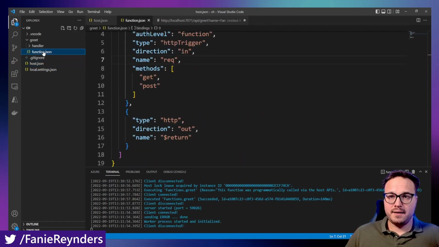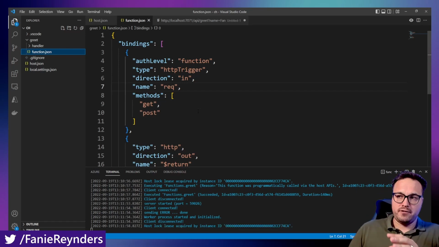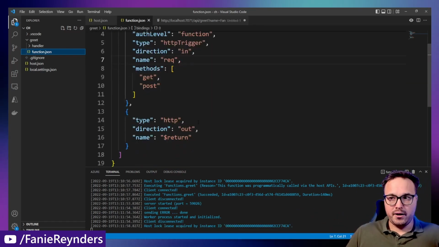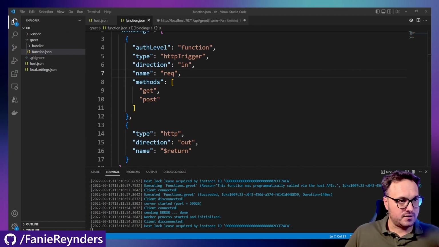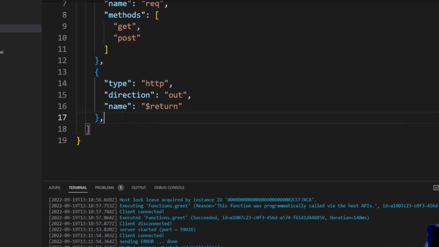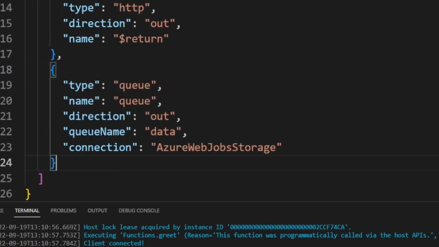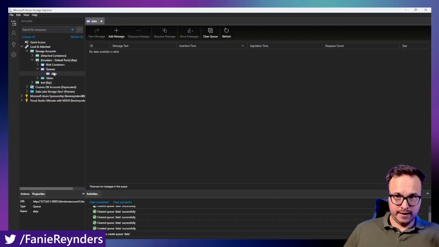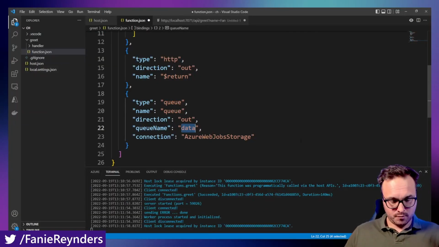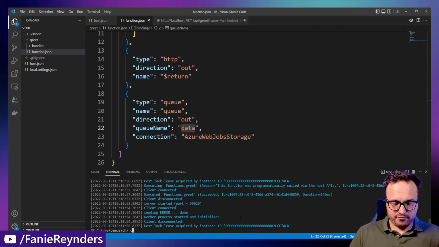And let us quickly make a new binding. So for now, we have an input and output binding from a request, right? If we want to, for instance, bind this to a queue, I can just add this binding in here. Let's say we want to bind to a queue. I just call this queue name queue as well. It's our output binding, and I've got my queue name data. So I already have it here on the storage emulator. It's data, and there's nothing in there at the moment. So it's an empty queue at this moment. And restarting my Azure function,